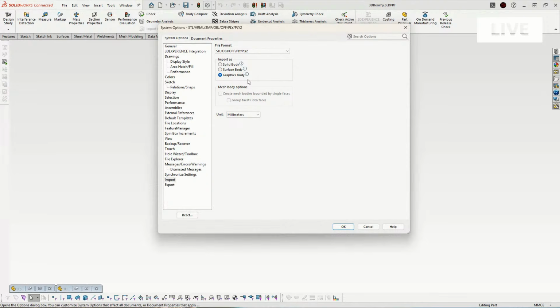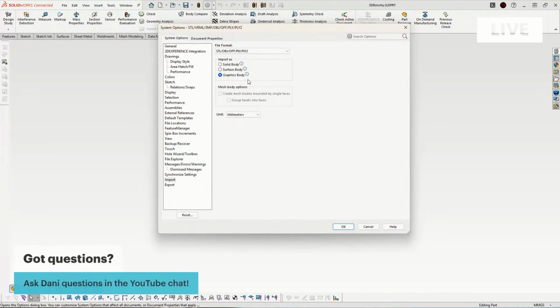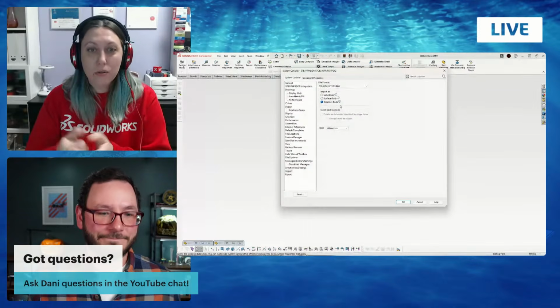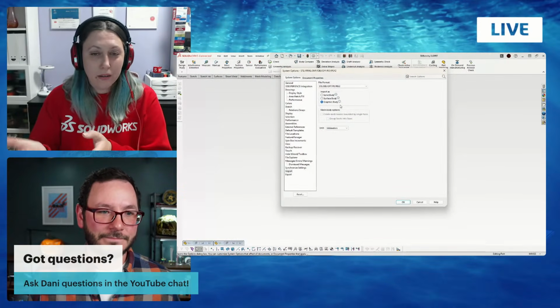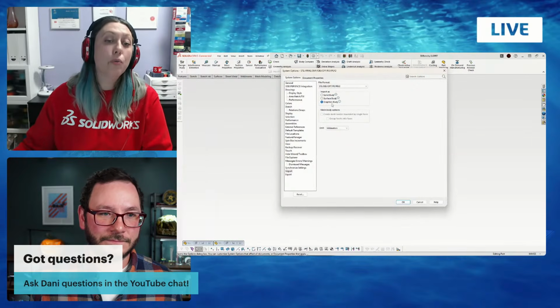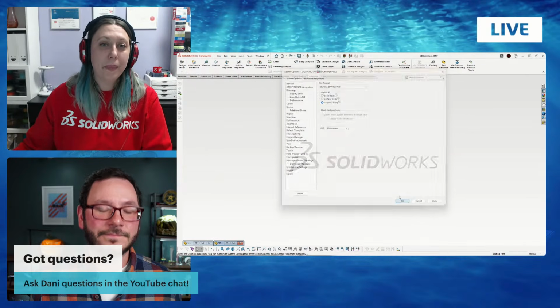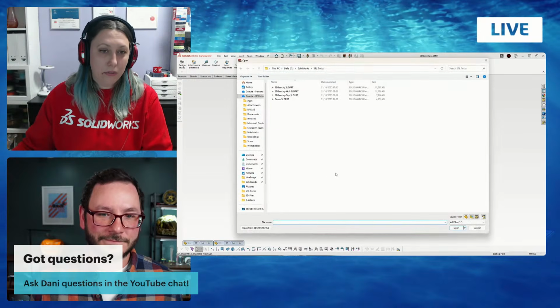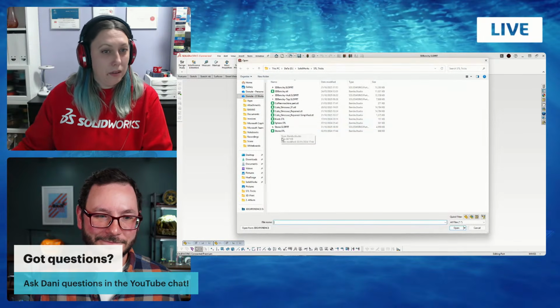Not always do you need STL in your SolidWorks file to work with. Sometimes you need it just visually. So if you need, let's say, like this 3D picture, then use graphic body. The other time you use graphic body is when you want just to review what you're importing. So I will hit graphic and I will open,